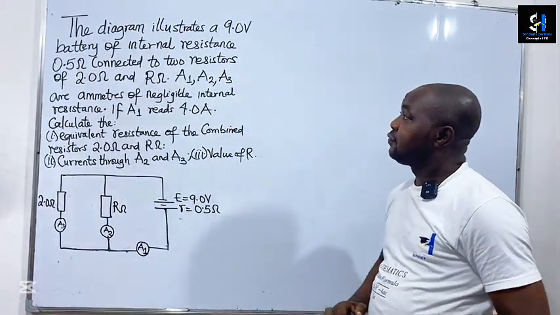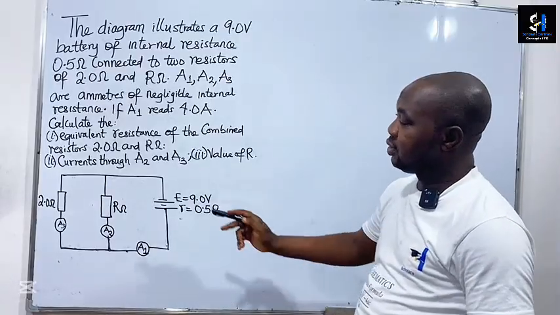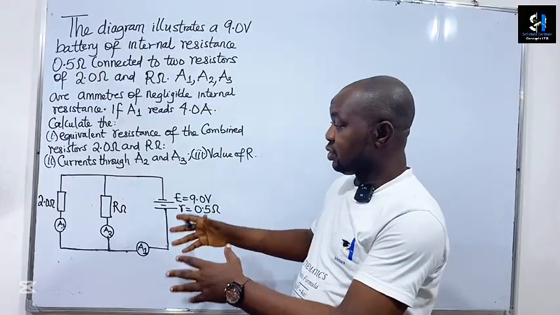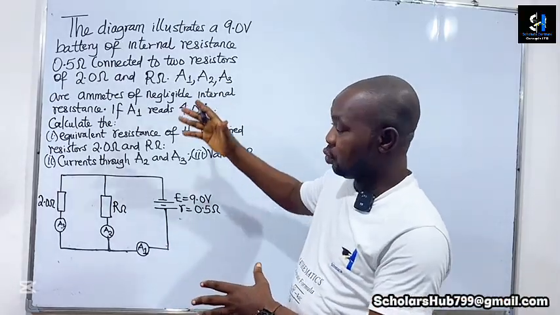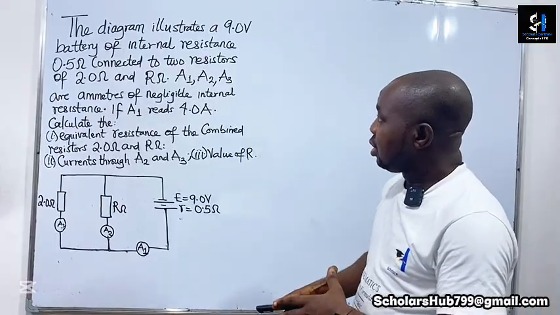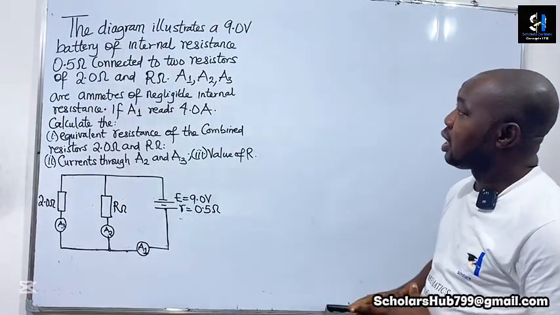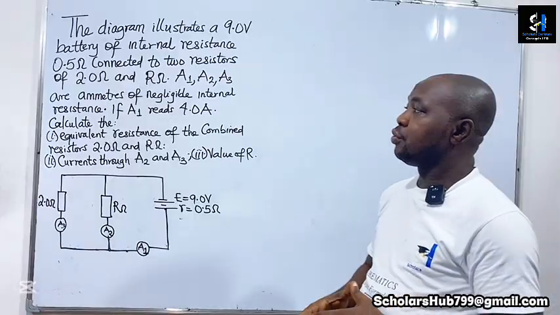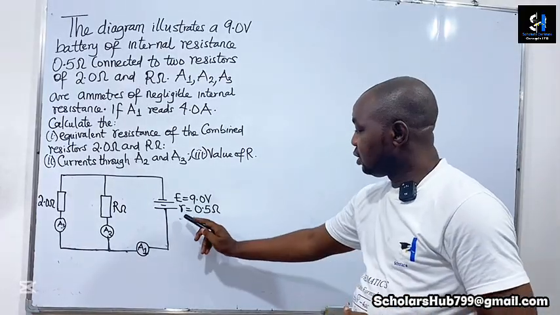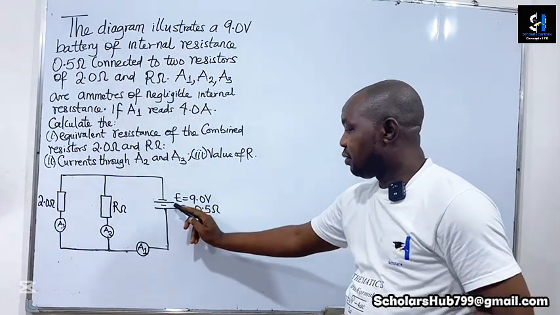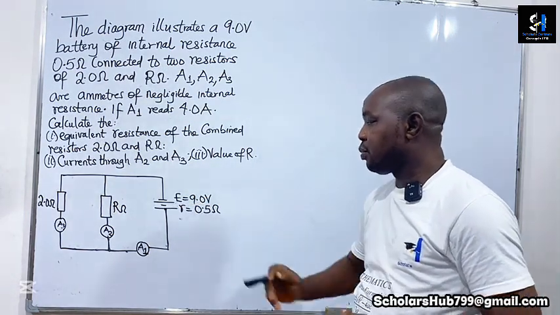To solve this physics question, we need to first understand this circuit diagram. We are going to use the circuit diagram to analyze the problem. The diagram illustrates a 9.0 volt battery of internal resistance 0.5 ohms. This is the internal resistance, 0.5 ohms, and the EMF is equal to 9.0 volts,